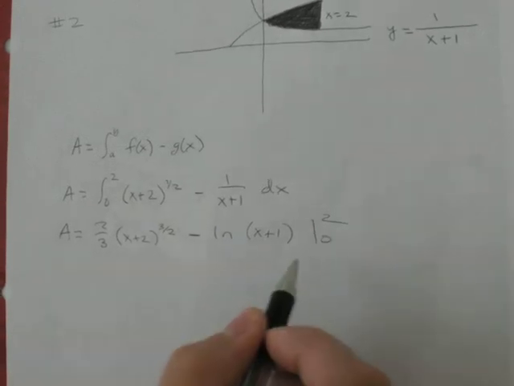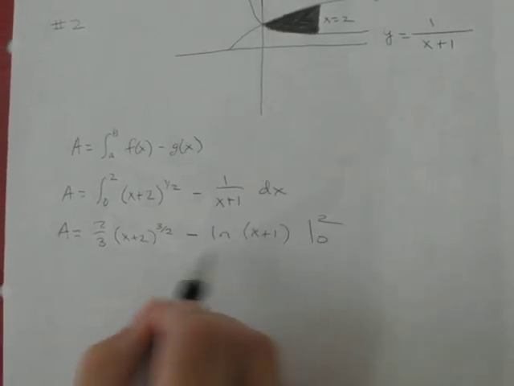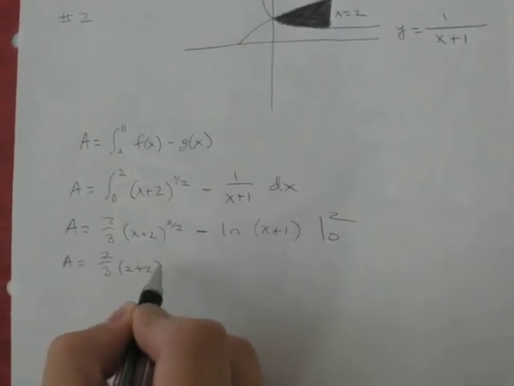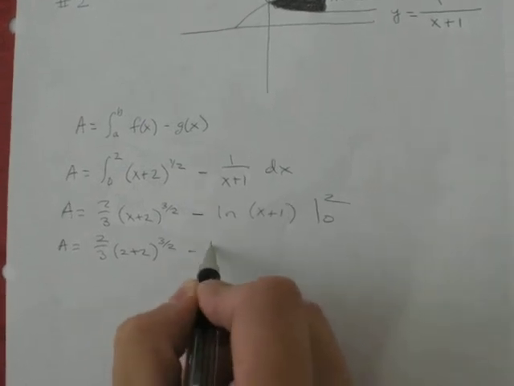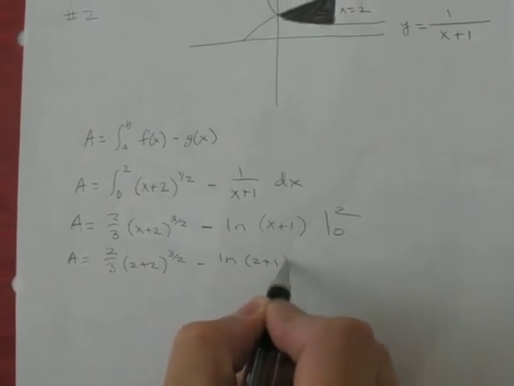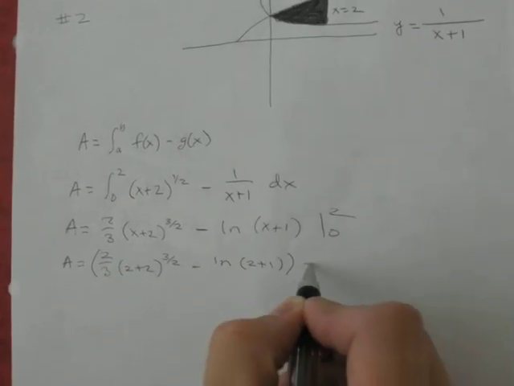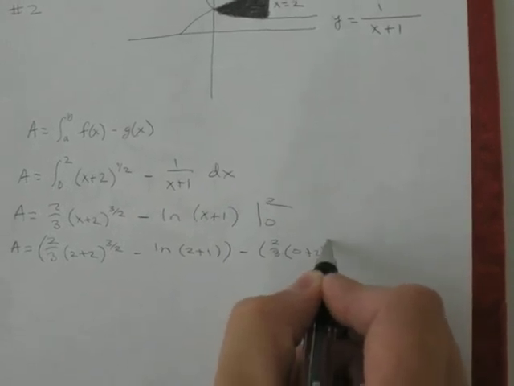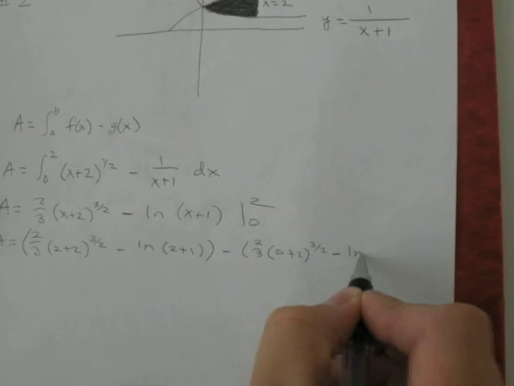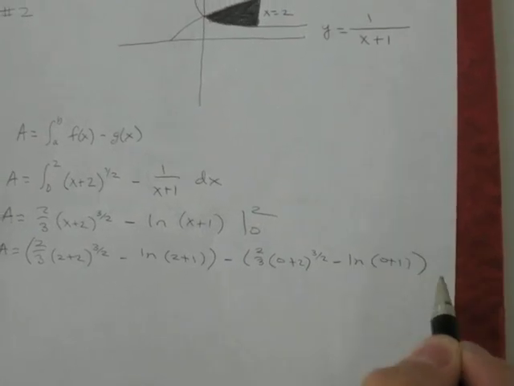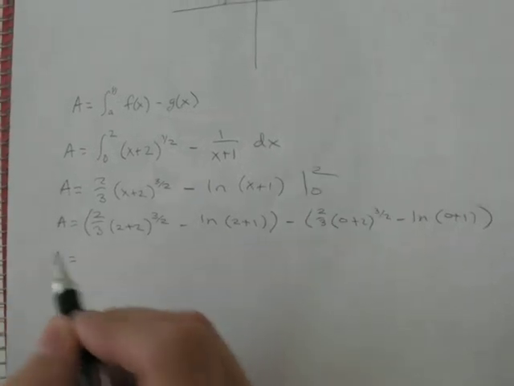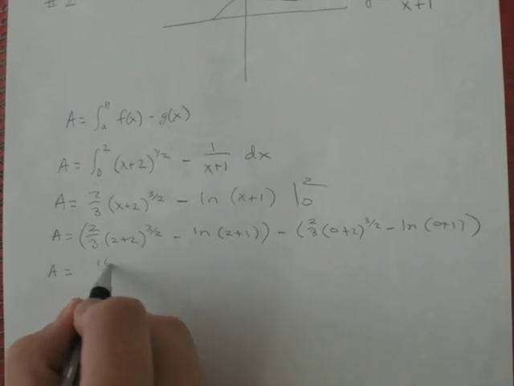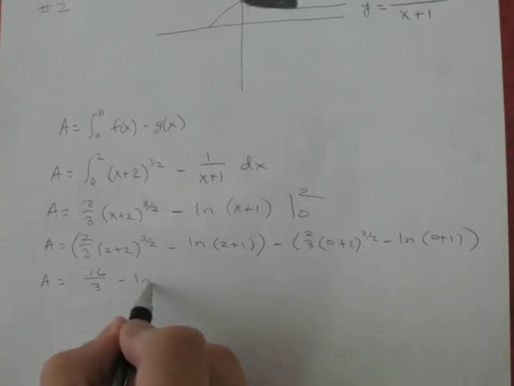Okay, so now we just need to plug in each of these into our function right here. So the area is going to be 2/3 (2 plus 2) to the 3 over 2, minus ln of 2 plus 1, minus, now we plug in 0: 2/3 (0 plus 2) to the 3 over 2, minus ln of 0 plus 1. Now we just need to solve this out. So this is 4 to the 3 over 2 times 2/3, which would be 16 over 3, minus ln of 3,